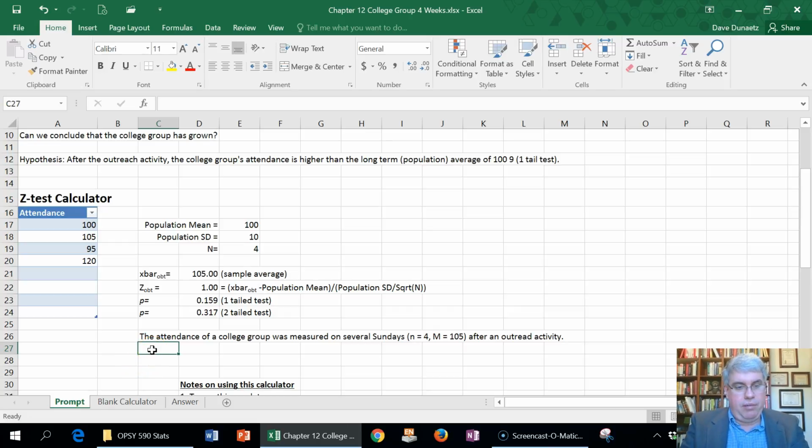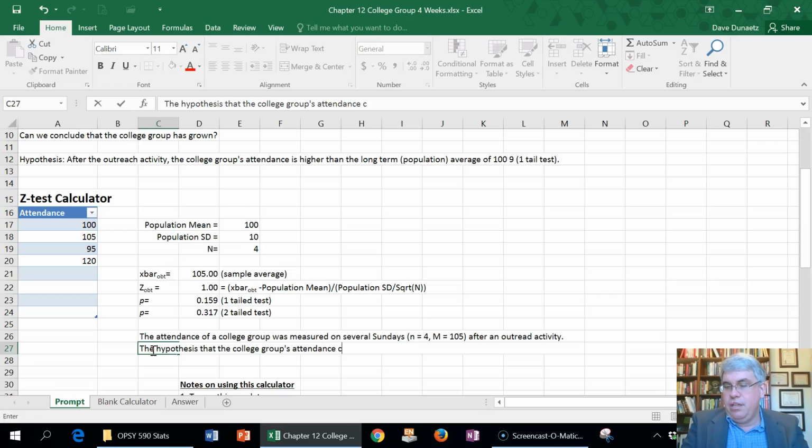And it wasn't supported, so I'm going to say the hypothesis that the college group's attendance compared to long-term attendance patterns